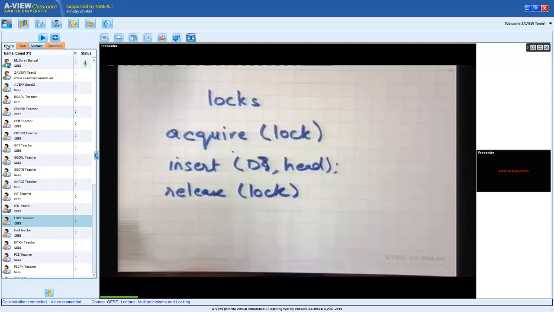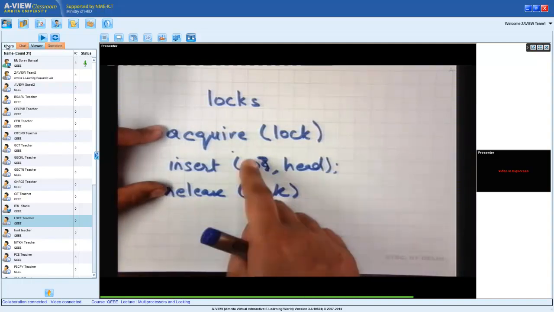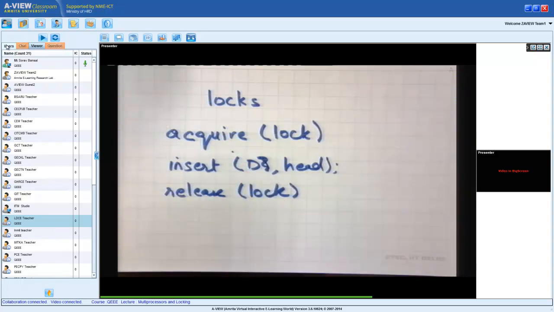These are two functions, acquire and release, that will disallow another thread from entering insert while the first thread is executing an insert.